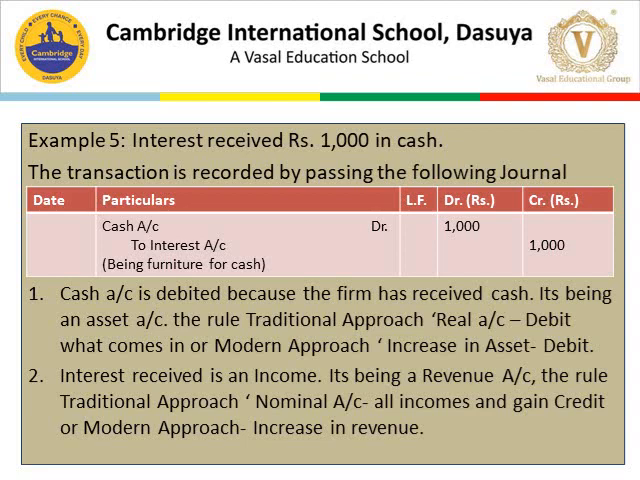To interest, interest is credited here. In second point, interest received is an income. It being a revenue account, the rule according to the traditional approach, nominal account is applied. All incomes and gains credit. Or modern approach, increase in revenue is credited. So according to the rules, we have done